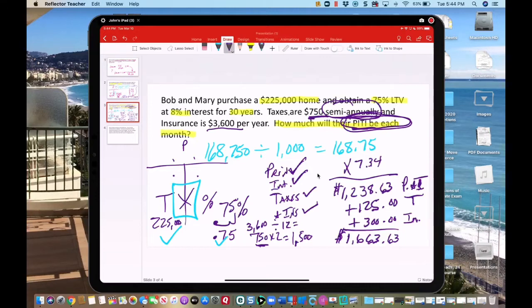Then I divided that by 12, which gave me the 125. The $3,600 for insurance was per year, so I just divided that by 12 to get 300. And so now I add up my principal and interest, add the taxes, add the insurance, and we get